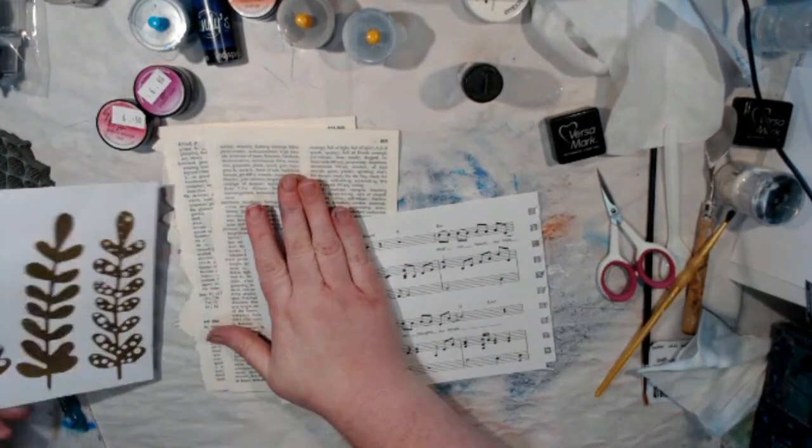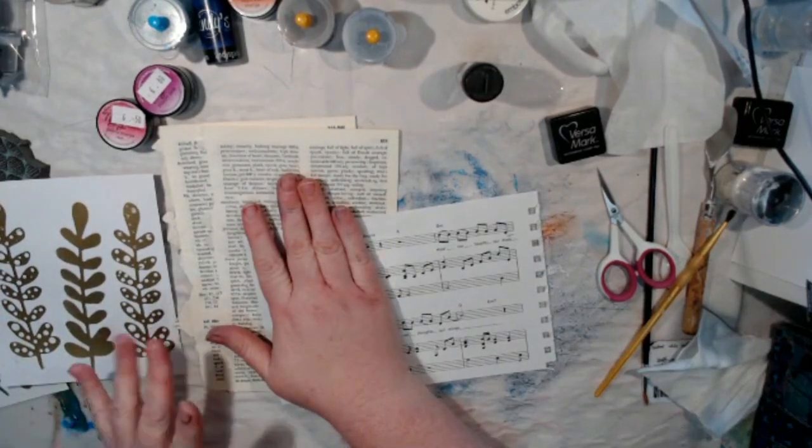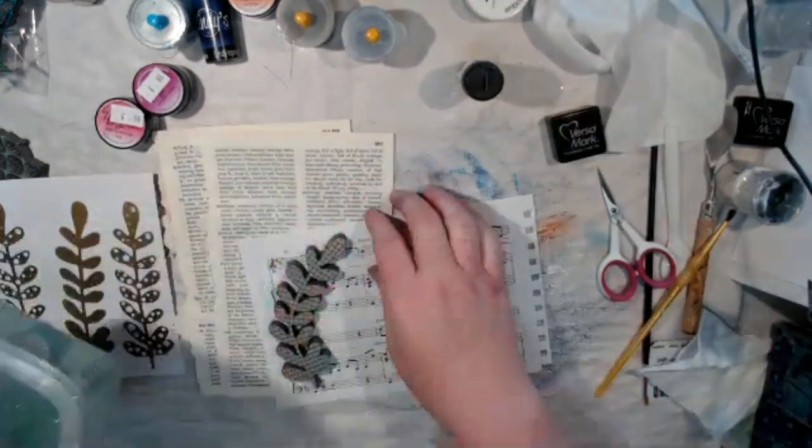So you can also, I'm just holding it for about 5 seconds. I like to, with the foam stamps, hold it for about 5 seconds, whether I'm using ink, paint or whatever, so it has time to grab from the foam into the paper. Now, this embossing